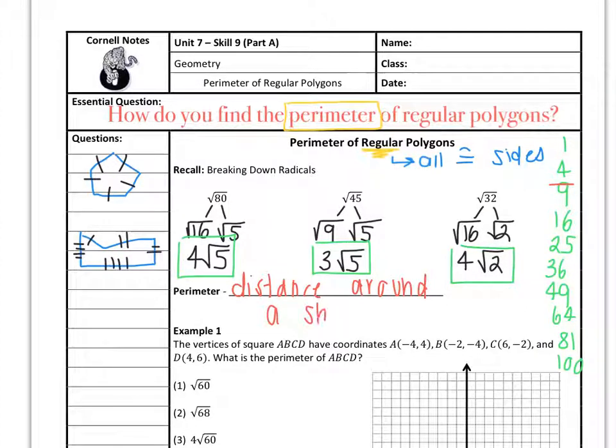Okay, so shape, not shop. Geez, that looks like a Q. Let's try that again. Shape